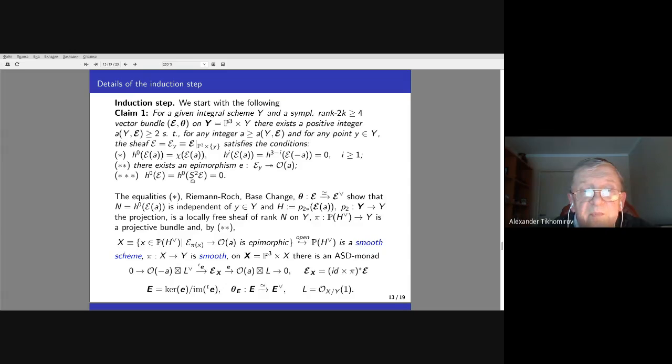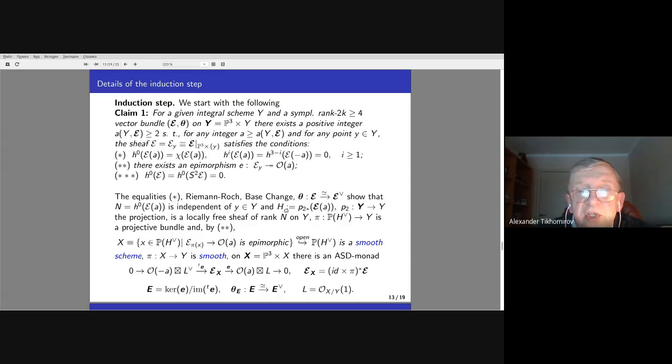Okay, so this equality is (1 star), together with Riemann-Roch, base change, and the symplectic structure of E, show that H0 of E(A) is independent of the point Y, and